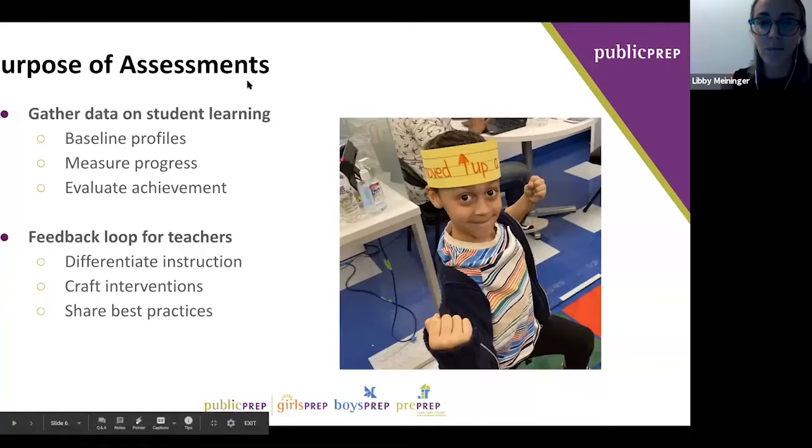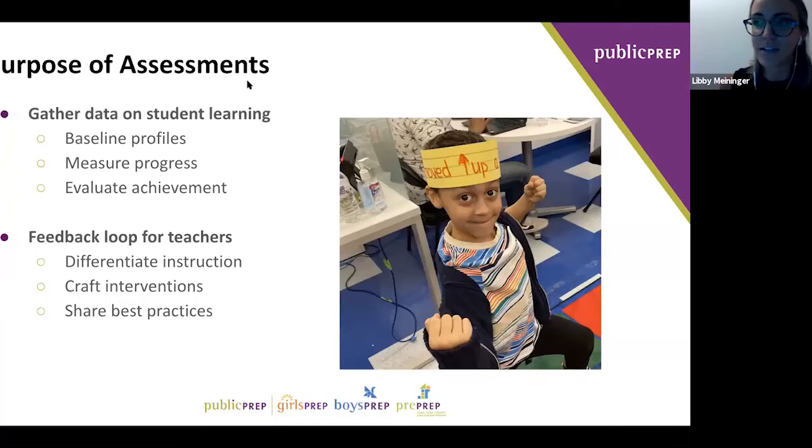We work really hard and introduce assessments as early as pre-K so that our students don't feel anxious or nervous about sitting for tests, but they see tests and assessments as an opportunity to show what they know, so they feel excited and empowered. And we hope that this takes away some of that scariness that is sometimes associated with